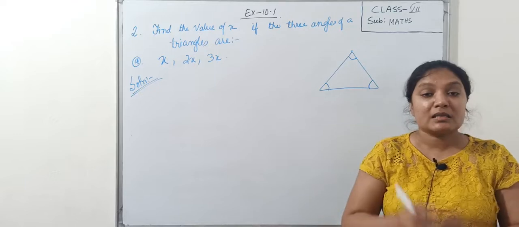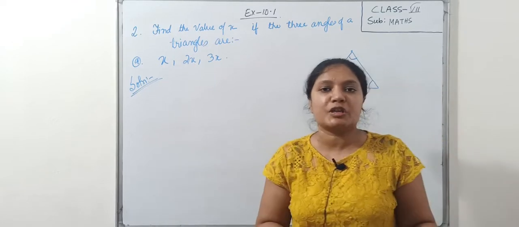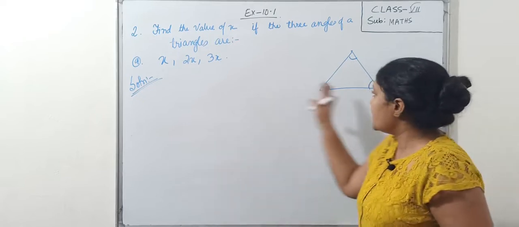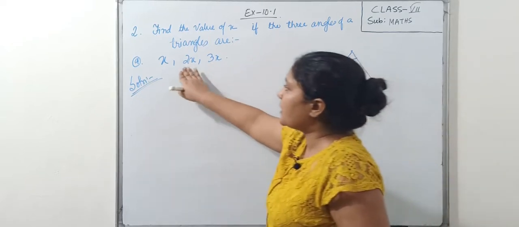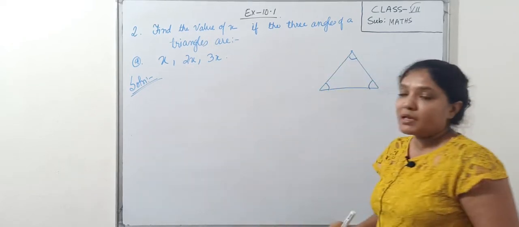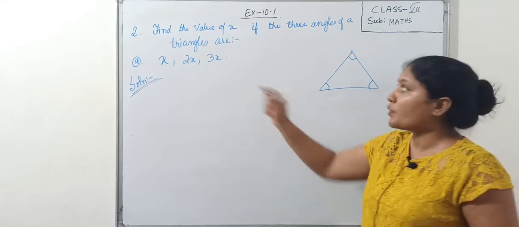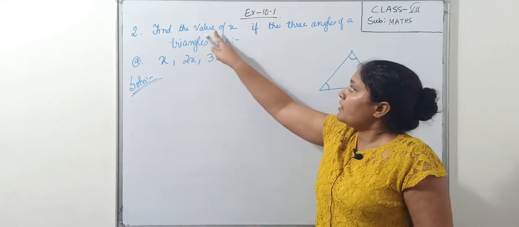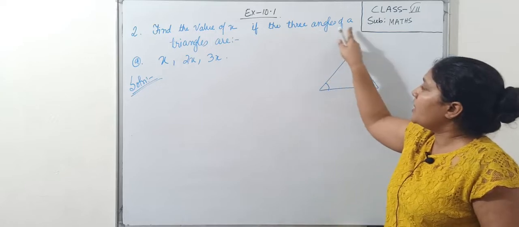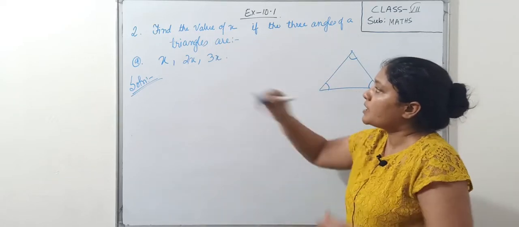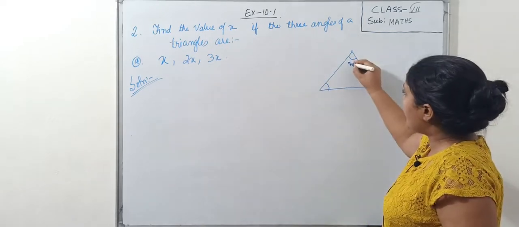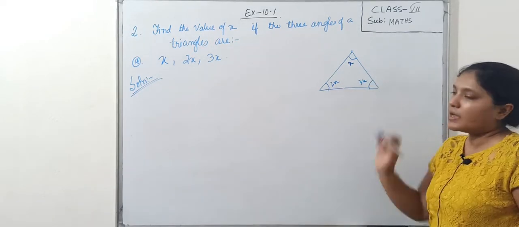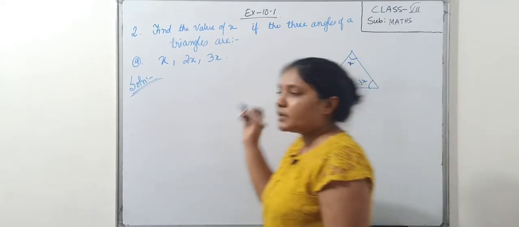Yes or no? Same thing students, in our first question it was shown to us in the diagram in this way, but now our angles are given to us in this way. The meaning is same. Always try to understand the question, always read the top question. Question is same. Find the value of x if the three angles of the triangles are this. That means these are all the three angles. If I write here like this, x, 2x and 3x, this became three angles now. So easily I can solve this also now.